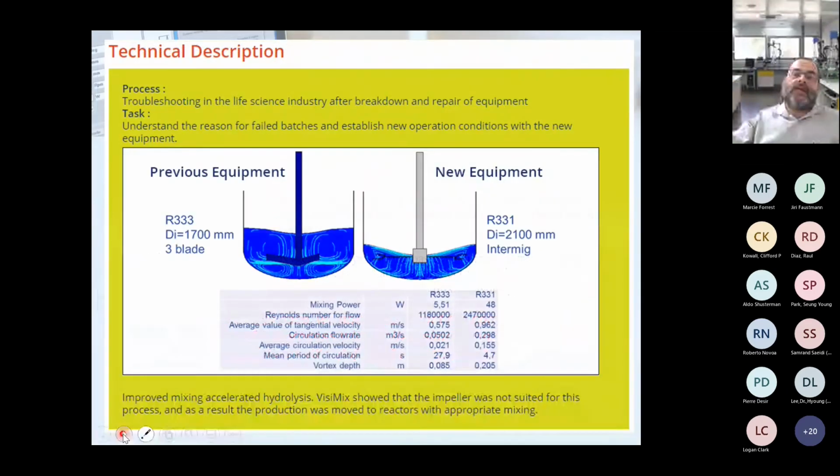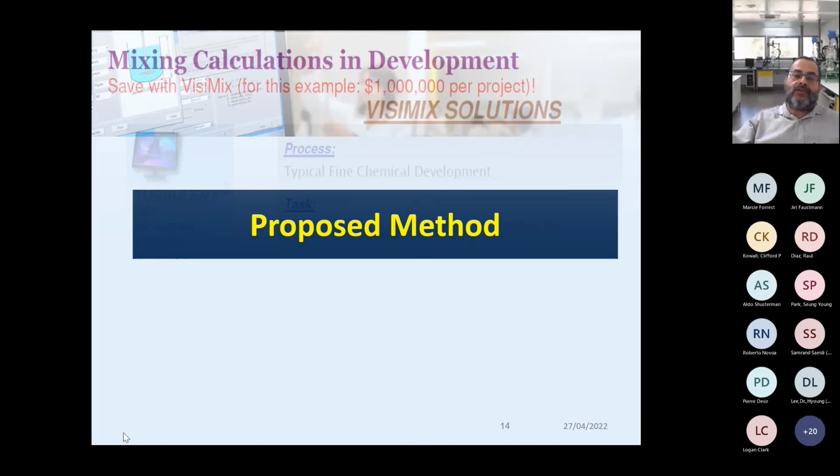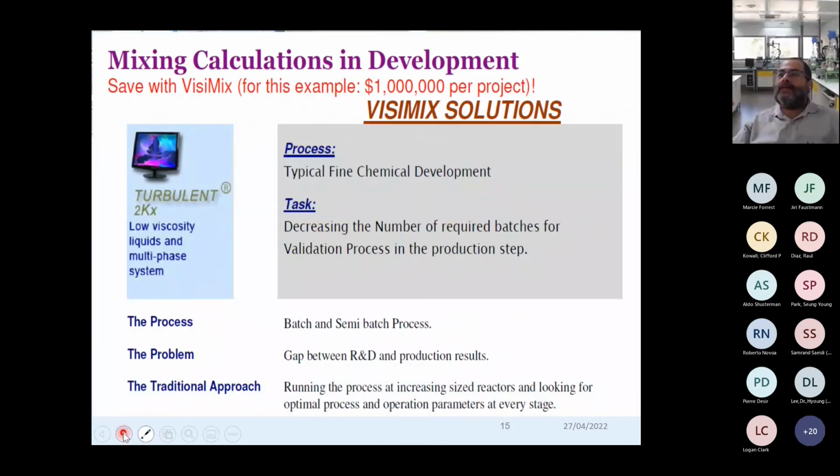So you see here all the equipment, a very big loop of flow that keeps the material in the bottom. The new equipment had better distribution, but in some of the equipment, the material is meeting the oxygen there. Okay, so we understand that we need to understand what is a good mixing and not always homogeneity, and we need to connect between them. So the proposed method, based on which we will do the cycle and the integration, is to try to connect between the equipment and the process even at an earlier stage of our